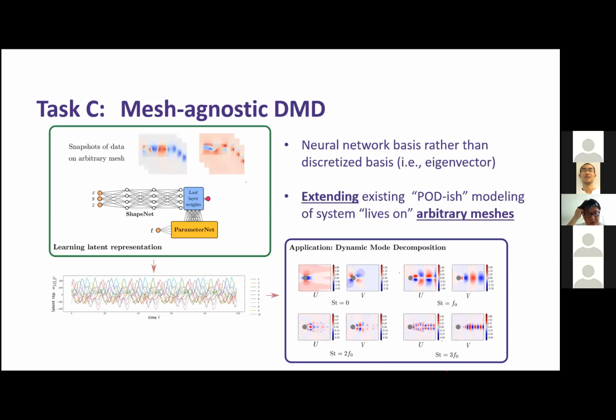The next topic I want to talk about: remember the previous slides, there's a table over there where I talked about the interpretability of neural implicit flow. So here is one example. Here I made a little modification to the original neural implicit flow framework, where I make sure that the parameter net only determines the last layer weights of the shape net. All the other layers before the last layer are just other optimization variables that you need to figure out using gradient descent.